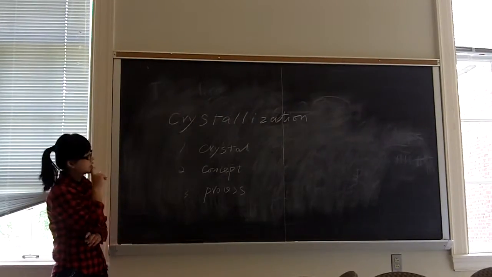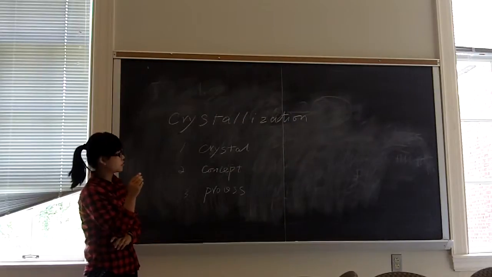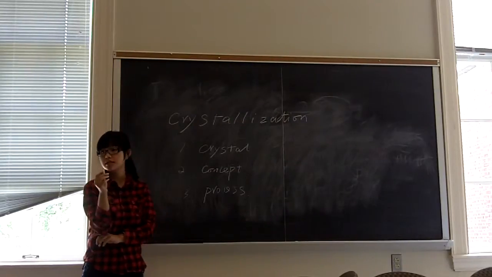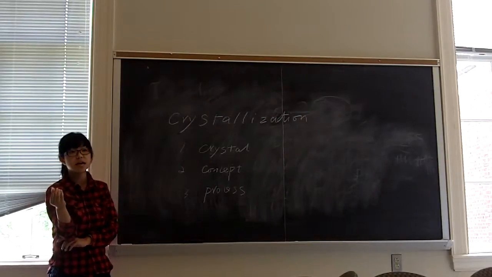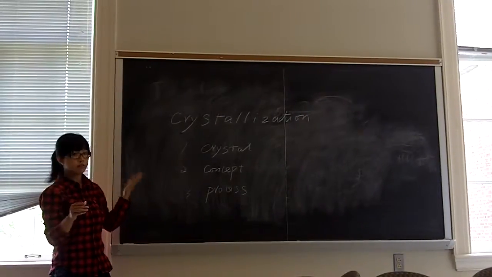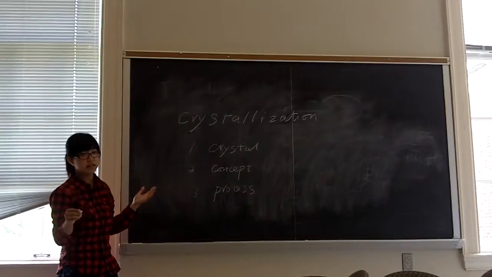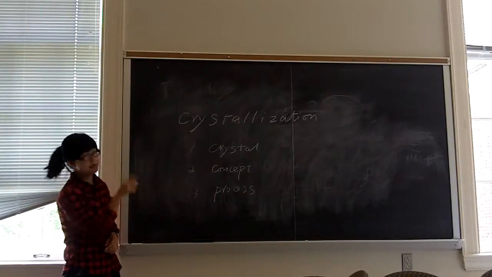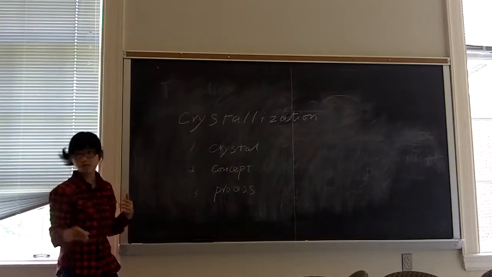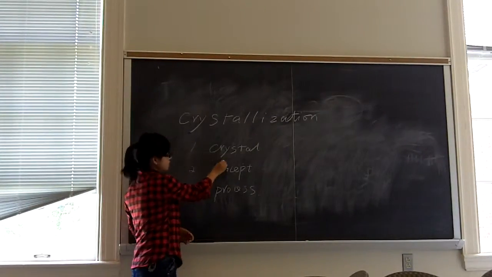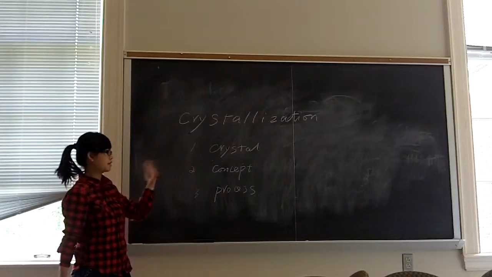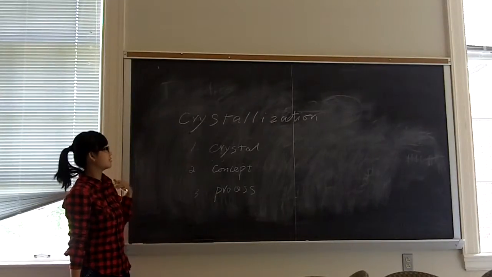It is a kind of solid material whose constituent molecules, ions, or atoms are well arranged in an orderly and repeating pattern in three dimensions. Let's say dimension. Do you understand? Make sense? Okay, so this is the crystal, but I'm not going to talk about it very clearly in this